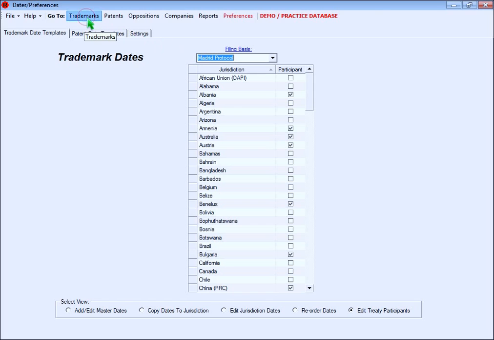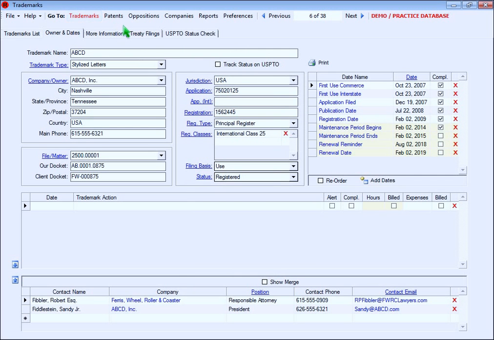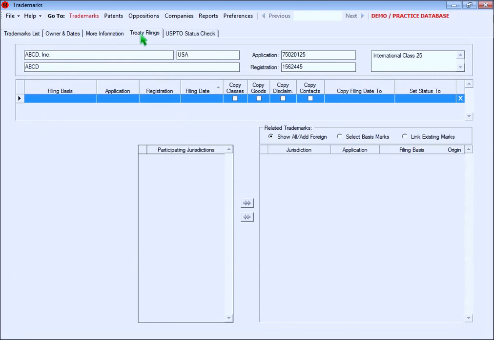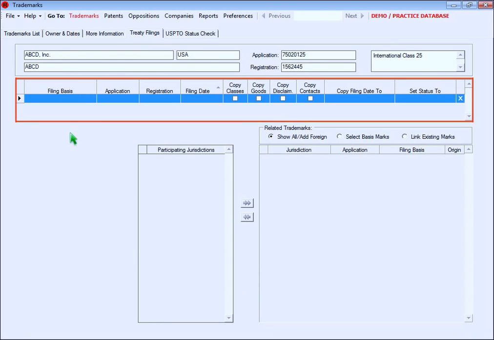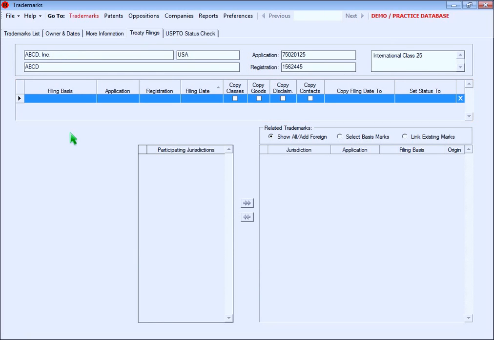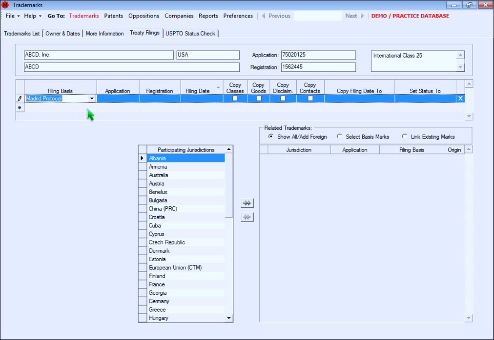To create new trademark records for a treaty filing, first select the trademark that you'll be using as the basis application or basis registration. Click the Treaty Filings tab, and then create a new filing by entering the information in this grid. So select the treaty type from the list, enter the international application number or the registration number if you already know it, enter the filing date here,